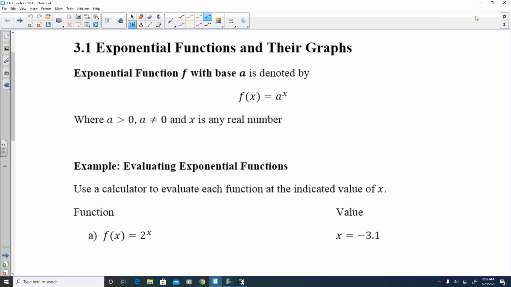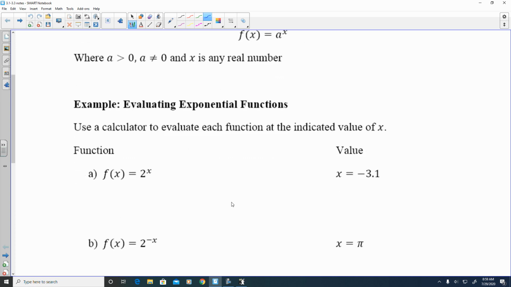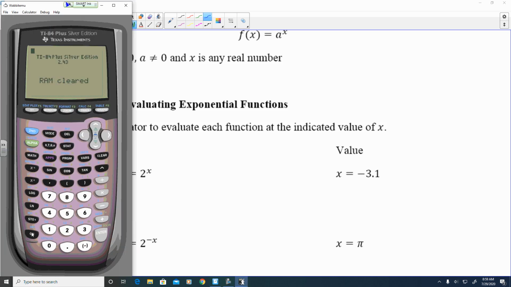Okay, we are starting chapter 3 with talking about exponential functions and what their graphs look like. So an exponential function has a constant as a base raised to the x exponent. So starting with how our calculators can evaluate this, if I have 2 to the x for my function, the caret button is where I make the exponent. So 2 to the x, when I plug in negative 3.1, 2 to the negative 3.1